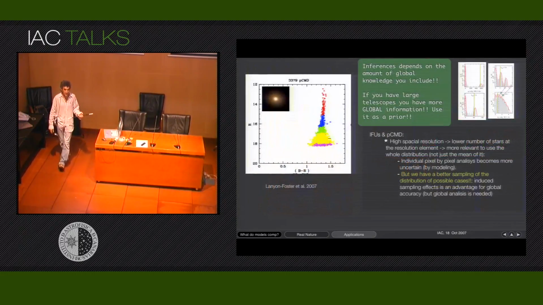In other words, if you are talking about this kind of thing, whatever big capabilities in telescopes, the inference you can have about the stellar population, about the star formation of the universe, whatever you want, depends on how much information you include. If we are now in a situation where there are very large telescopes,